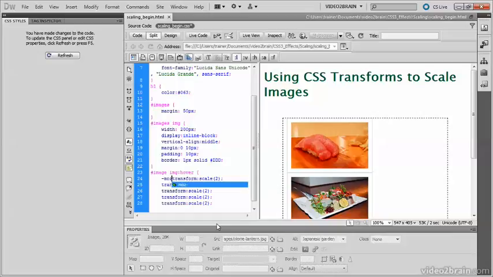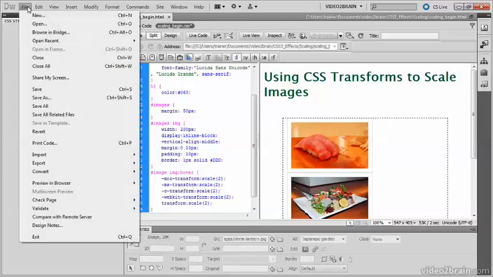So I'll add -moz, then -ms for Internet Explorer, -o for Opera, and -webkit. So if I just save that now,